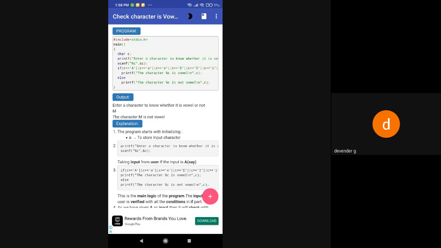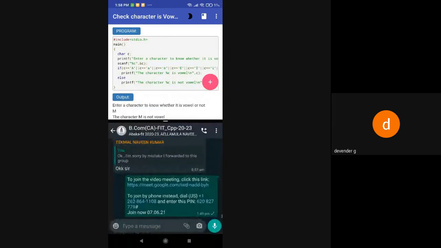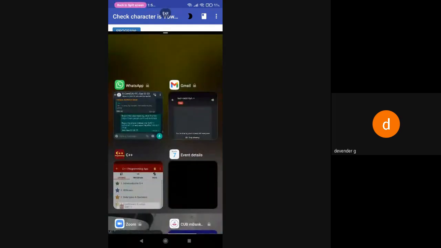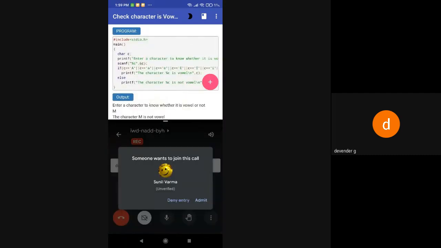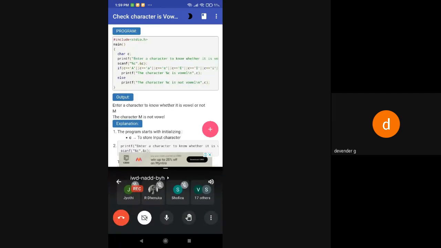Normally I want to know the program about whatever number or character you enter, whether it's a vowel or not. So normally with an if statement or a switch case, we are going to write.